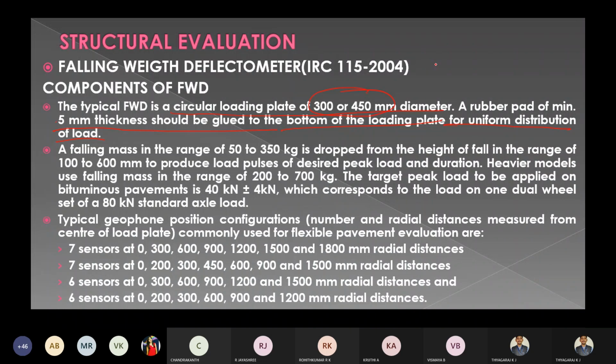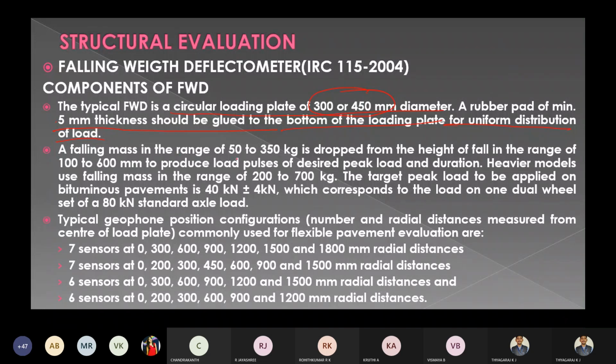So we are going to provide a circular plate of 300 to 450 mm diameter with a 5 mm thick rubber pad. The rubber pad acts as a spring media, which will not create any deformation or any effect on the existing condition.